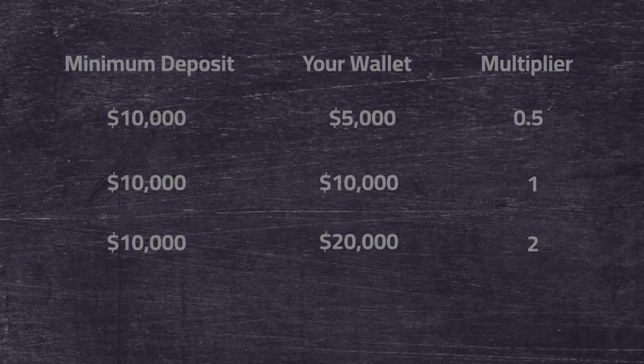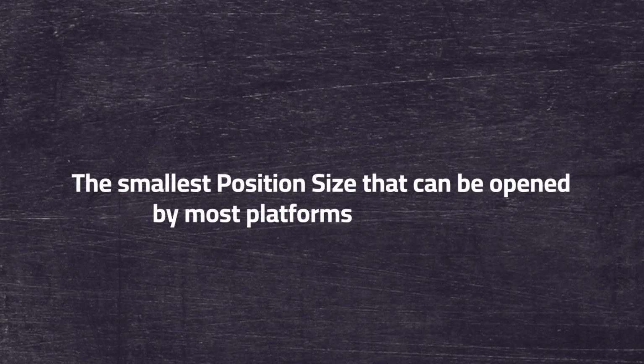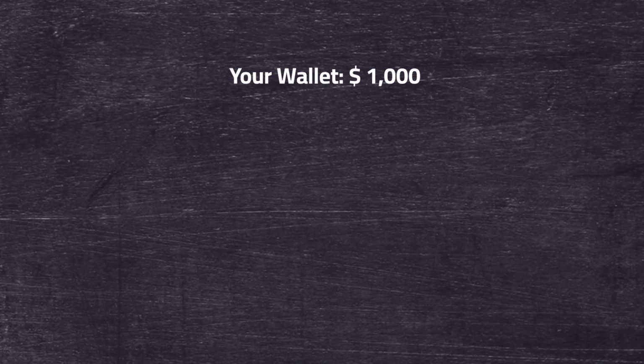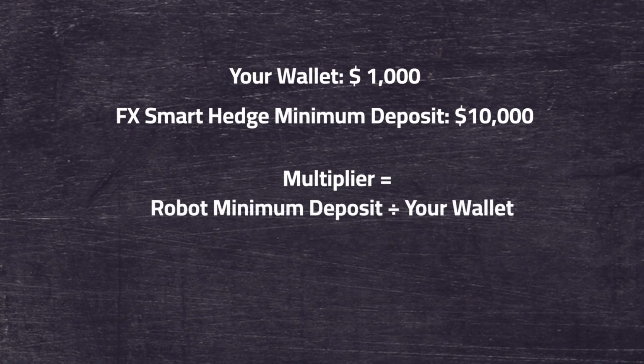Can I deposit less than the minimum and just lower my lot multiplier? Yes, but be very careful here. Note that the smallest position size that can be opened on most platforms is 0.01 lot. If your account is very small, $1,000, compared to a robot with a 10,000 minimum deposit, in coherence to the explained lot multiplier, you would set your multiplier accordingly, which would be 0.1, calculated by simply dividing 1,000 over 10,000,